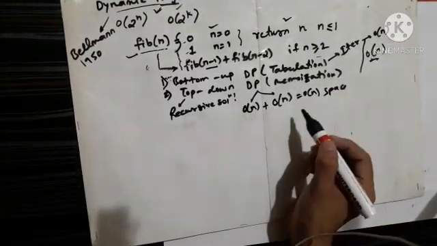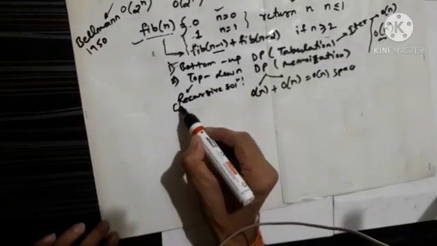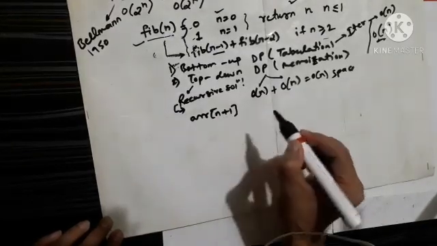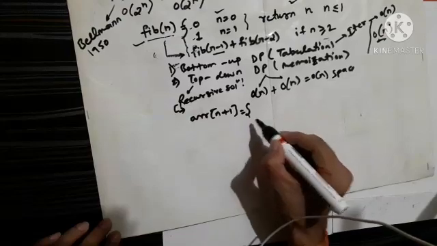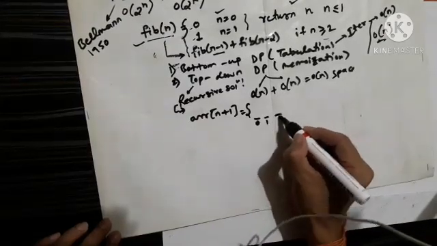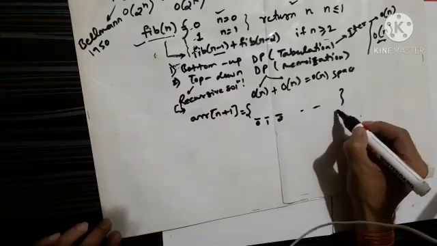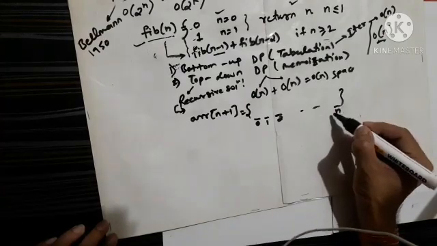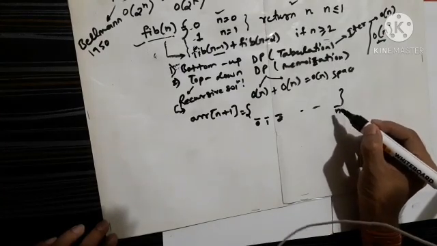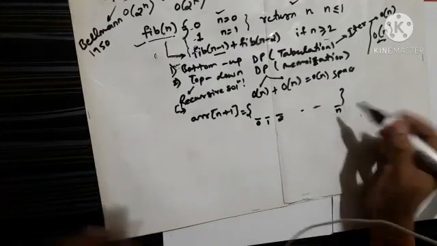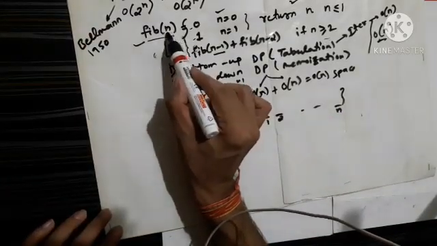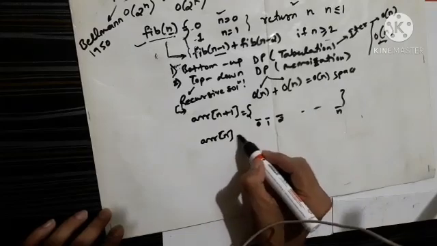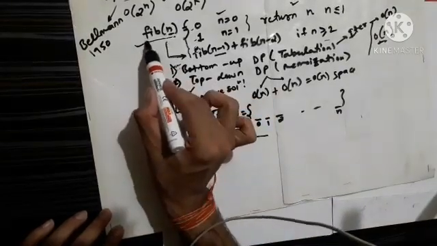Okay, now see top down DP. Let me first discuss the recursive approach. Suppose I am maintaining an array of size n plus 1, with indexes 0, 1, 2, and let's say the last index is n. Why n? Because in this array, at the nth index, we are getting our answer. Suppose I am calling fib of n; when I return array of n, this will be the value required for calculating fib of n.